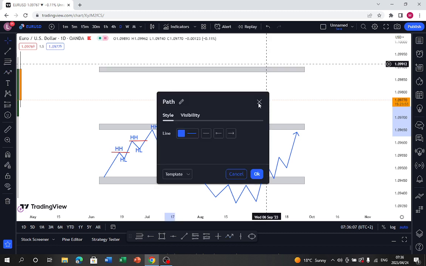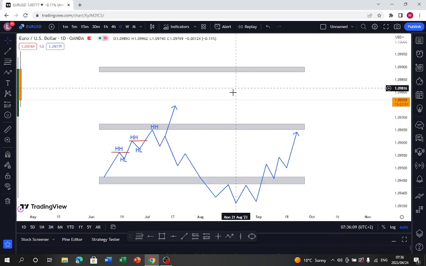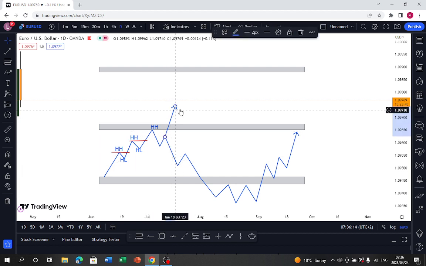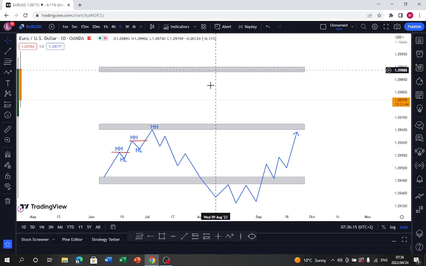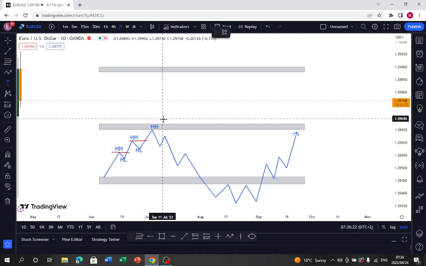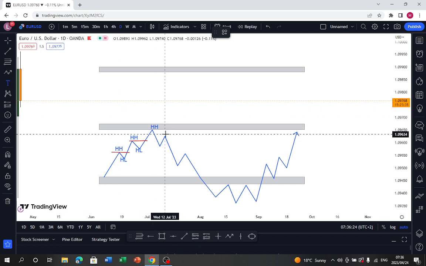But what it did, it just went down. So this is what we call a shift in market structure, right? Now we have created something completely different from what we were doing here. Now this is a higher,